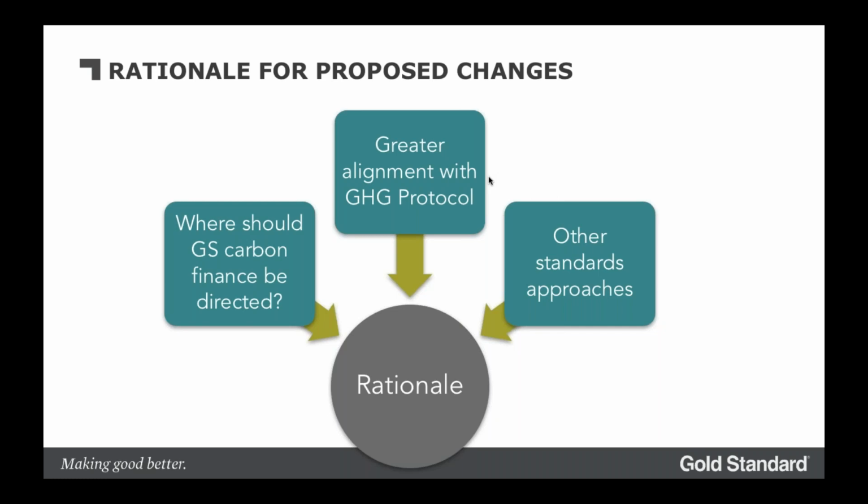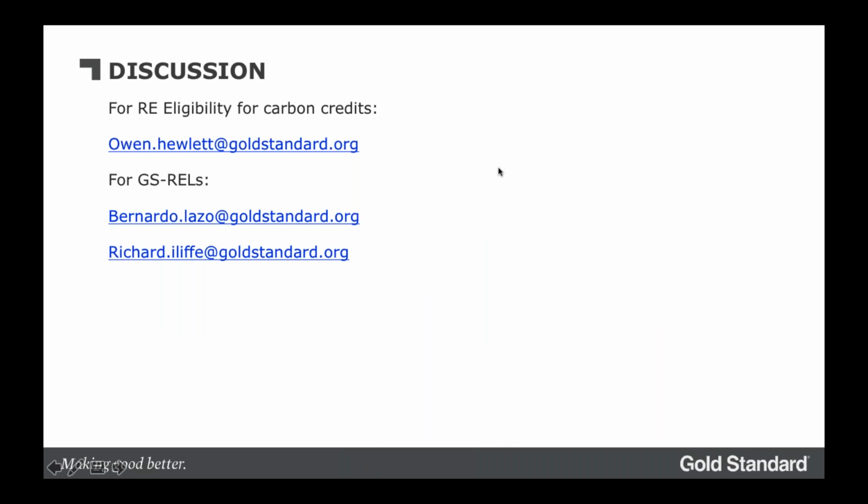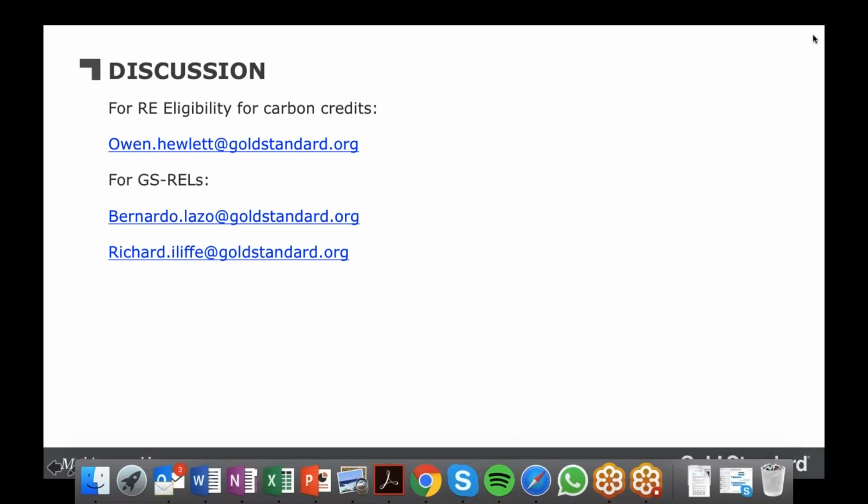So that's why we've gone slightly behind actually VCS, although we have discussed with our colleagues and peers at the other standards to try and bring this forward to market at roughly similar times. But we delayed slightly so that we could get our renewable energy label thoughts clearer. So that's pretty much the summary of the consultation.